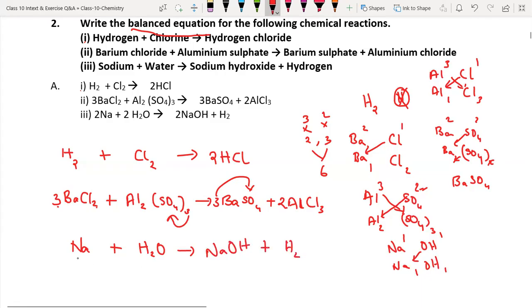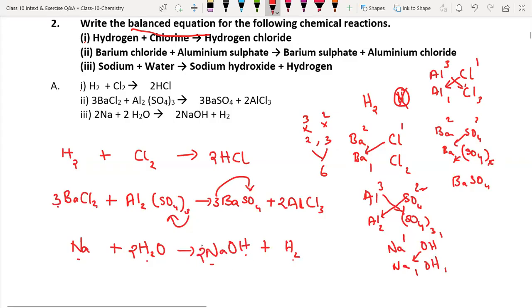Hydrogen always it is H2. Now you see whether it is balanced or not. 1 Na balanced, 2H and 2H plus 1H, 3H not balanced, 1 oxygen got balanced. Now what you can do? You have to balance those hydrogens. Now what you can place? You can place 2 here. If you place 2, you can observe there are 4 hydrogens here, 1 plus 2, 3 hydrogens.